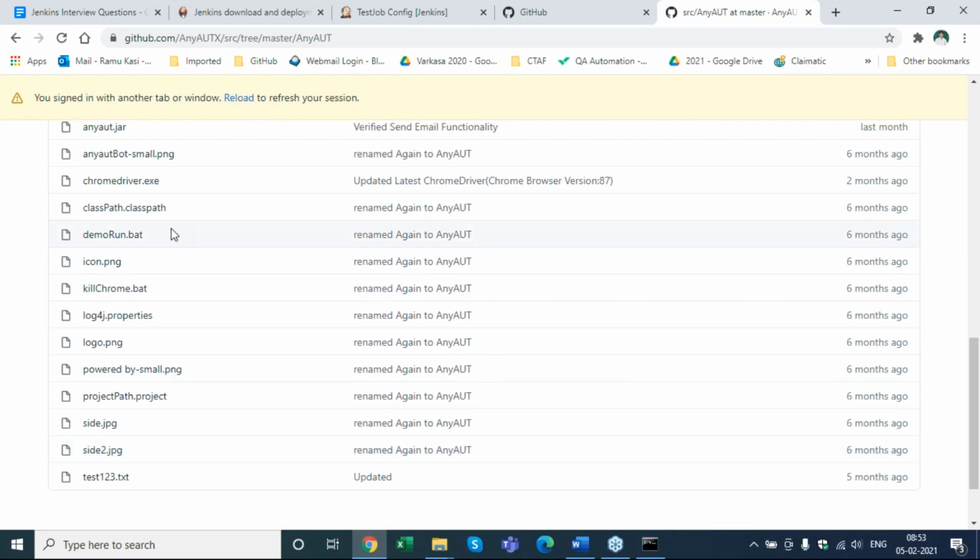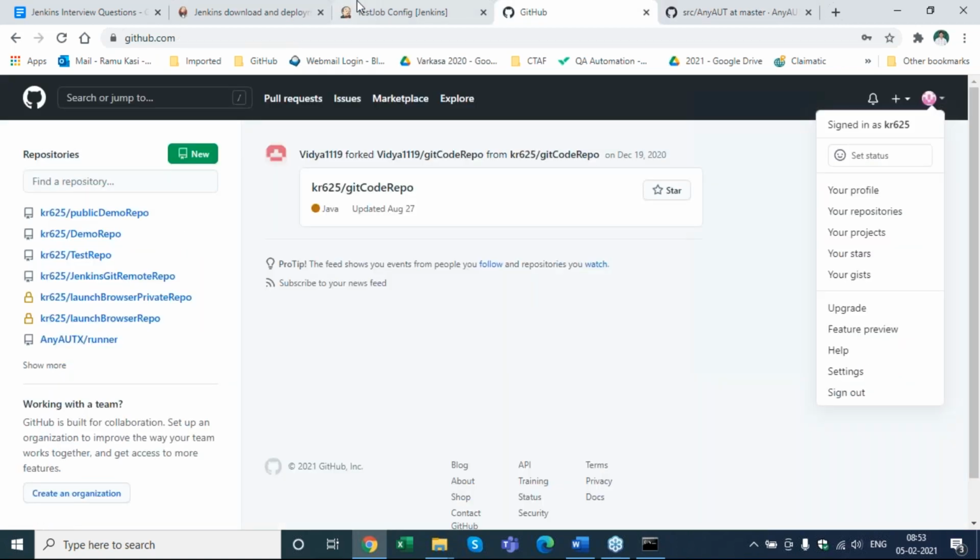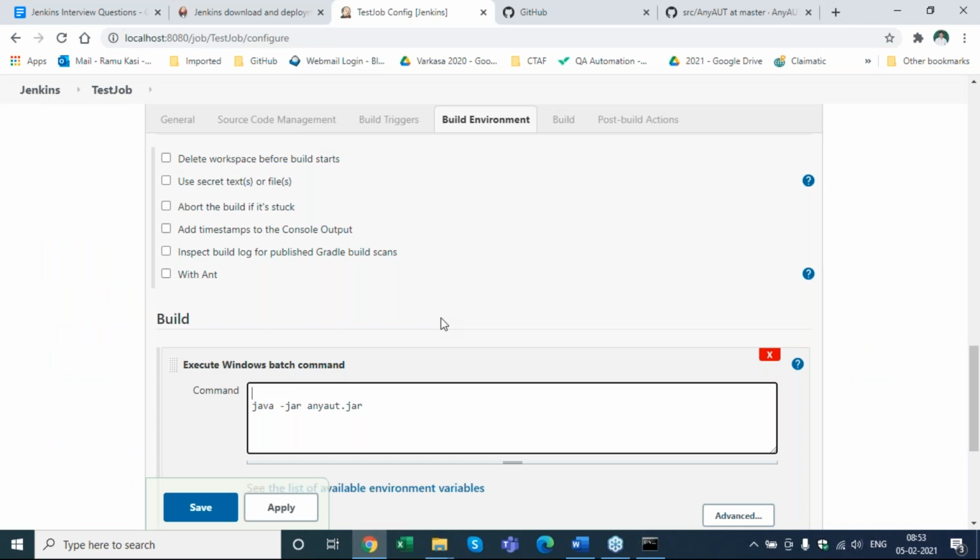So I should be able to say cd AnyAuth, or rather cd source AnyAuth. I could just copy this. cd AnyAuth. Correct, Karthik? I don't think we require src, because that's already part of my repo.